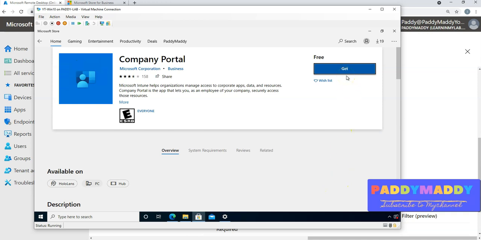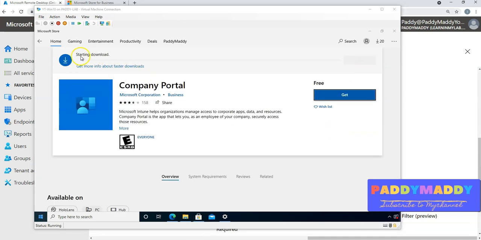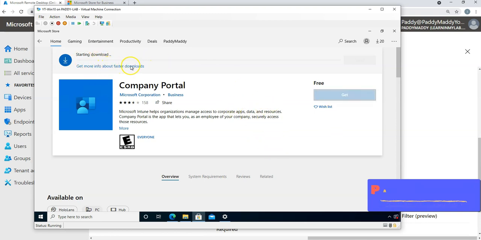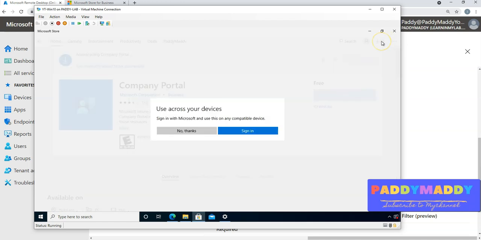It might ask you to log in with a Microsoft account. You don't need to log in with a Microsoft account because you have already logged in as the company enrolled account. So that's it. It's going to download. It might take some time. So with this Company